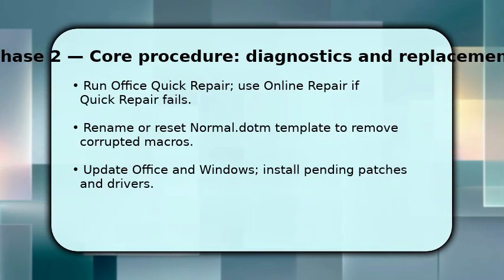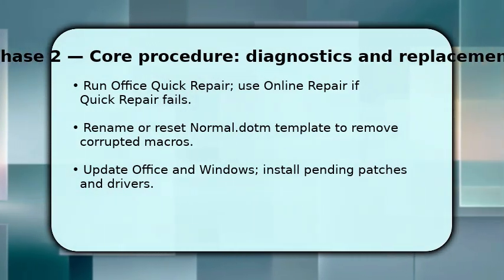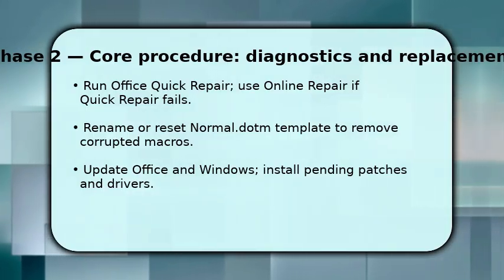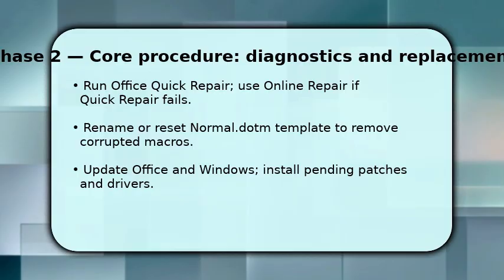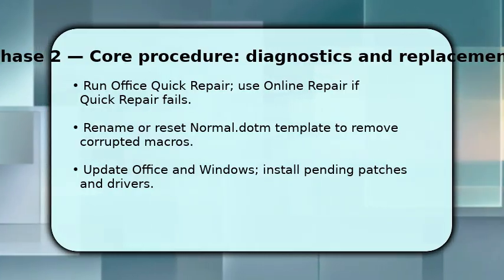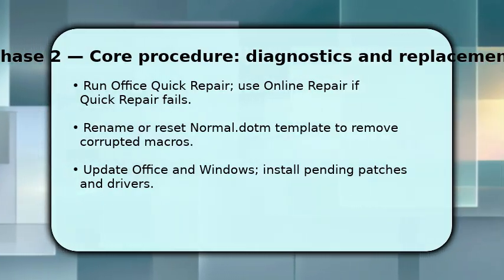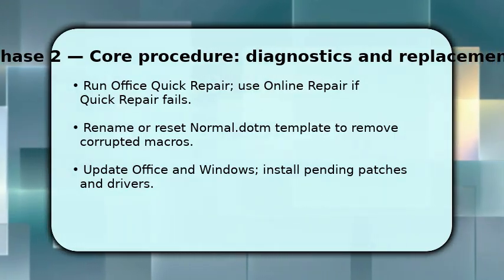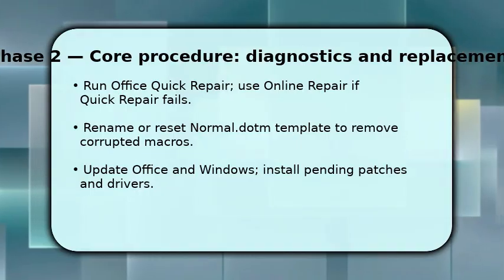Run Office Quick Repair from Programs and Features. If that doesn't restore typing, run Online Repair, which reinstalls core files. Also rename the normal .m template in your user profile to force Word to rebuild default settings. This removes corrupted macros. Make sure Office and Windows updates are installed, because a recent patch or driver mismatch can